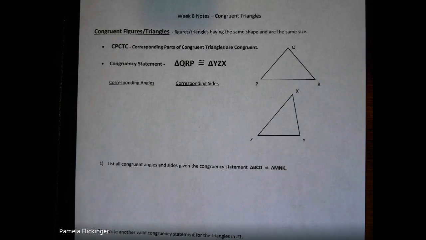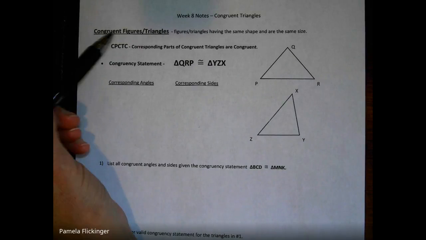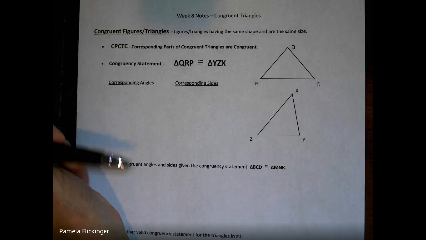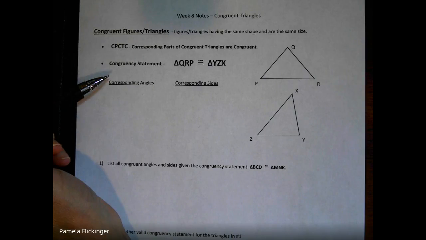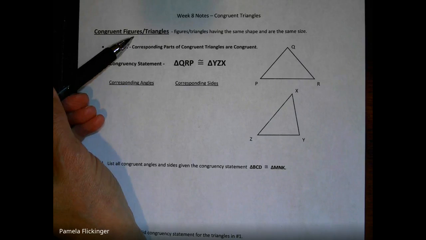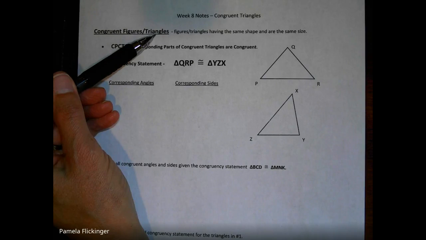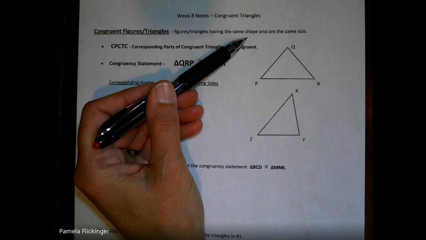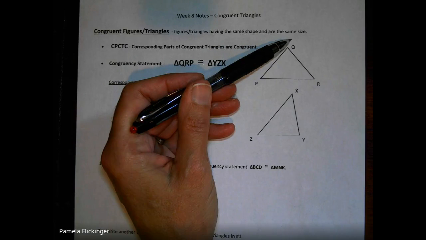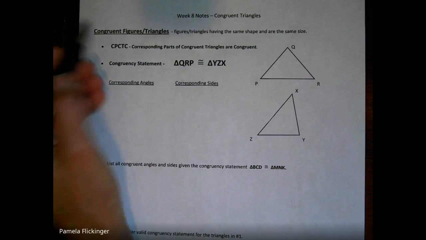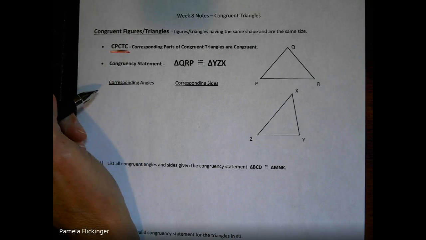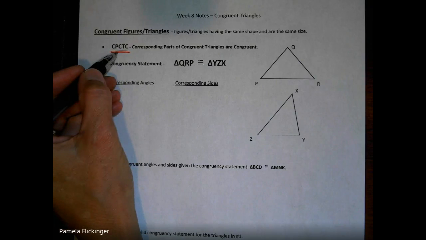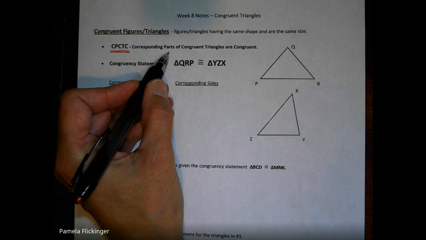All right, so today, just to get started, you guys know congruent, that word means that things have equal measures. So if we have congruent figures, and specifically we're just focusing on triangles, but other shapes can also be congruent. All right, these then are figures or triangles that will have the same shape and will be the exact same size. Now you will see this little acronym, CPCTC, and what it stands for is corresponding parts of congruent triangles